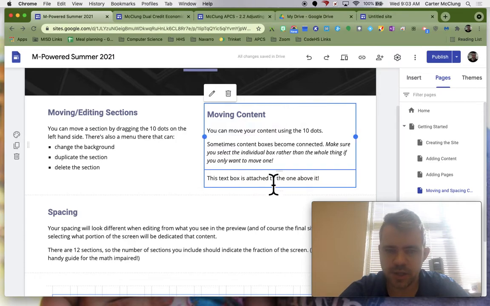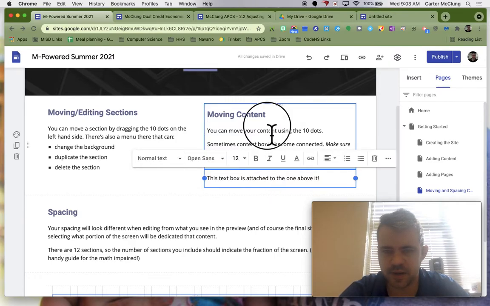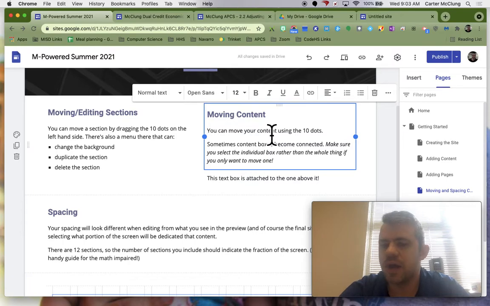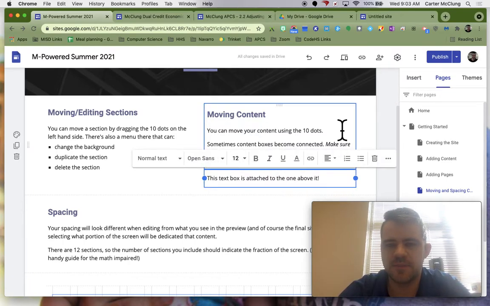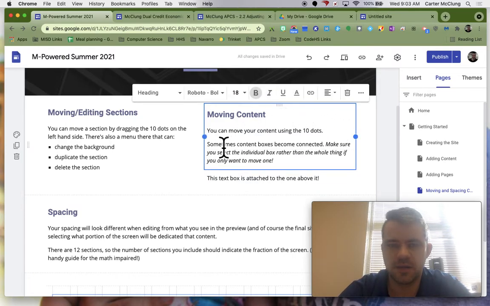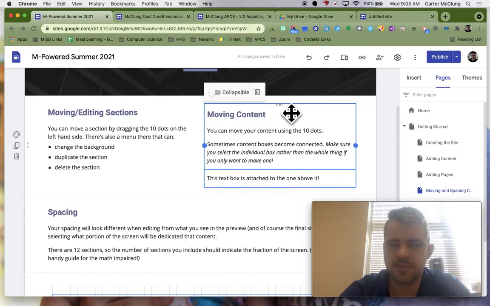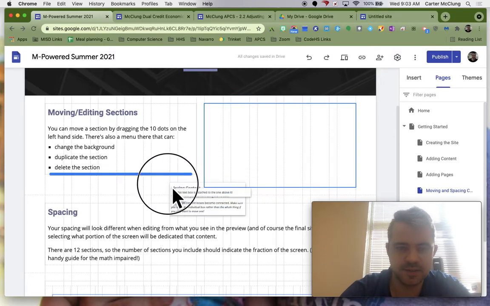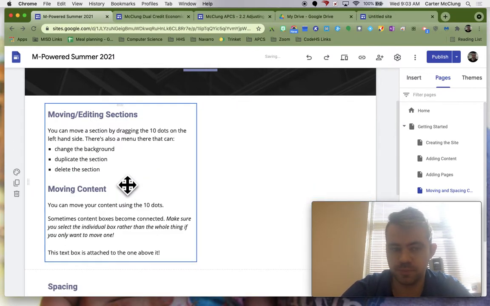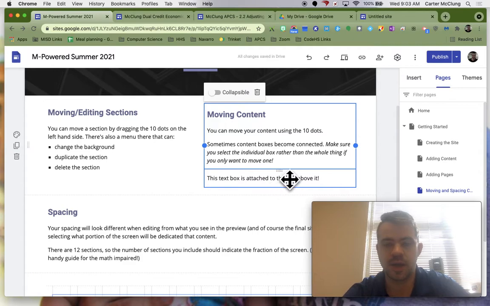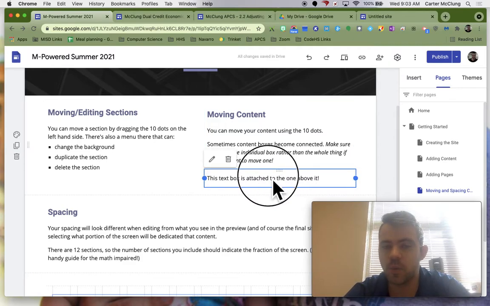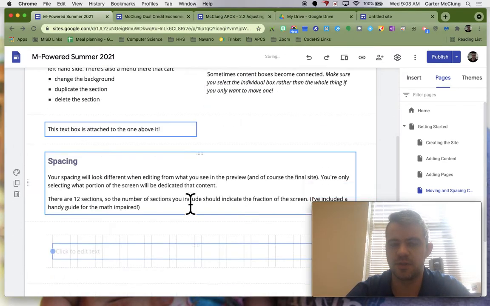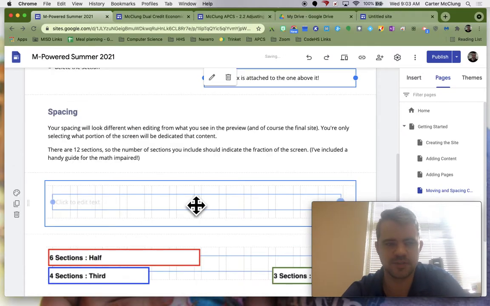Also, you'll notice right here, this box right here is attached to this box. Right now, I've only selected the one box, but if I'm not careful, sometimes I'll have the whole box selected, and they'll move as a group, which might be what I want, okay? But if you really only want the one thing, be very careful that that's the only thing that you've selected,